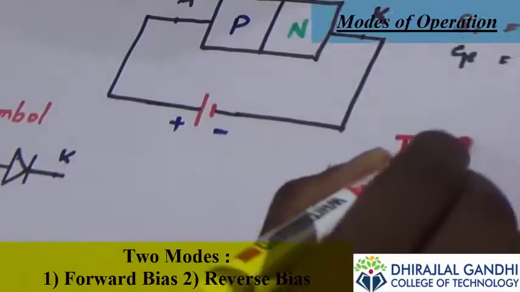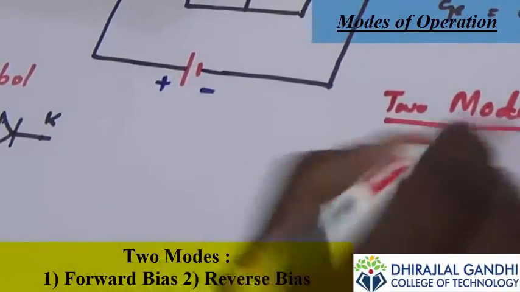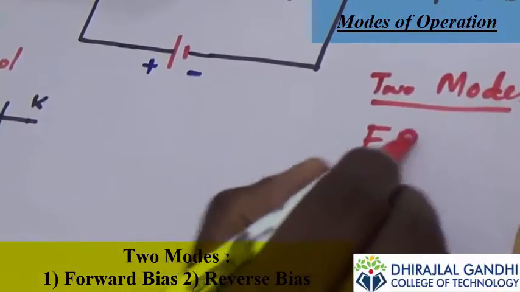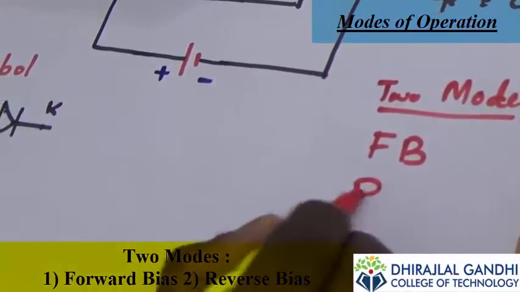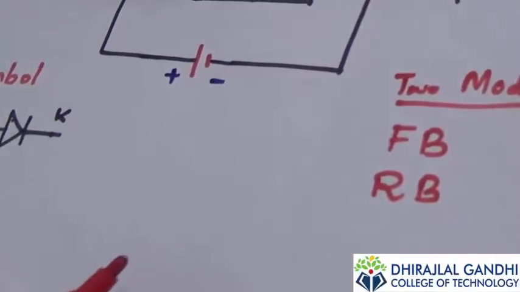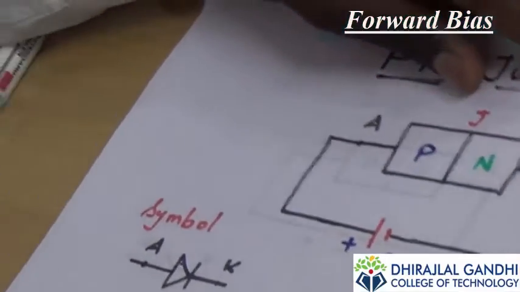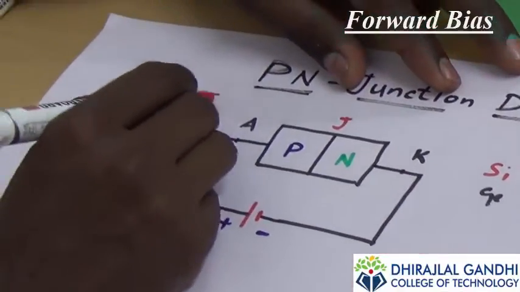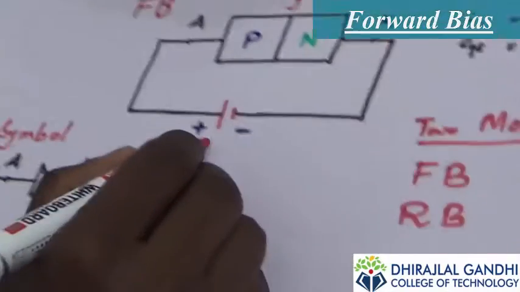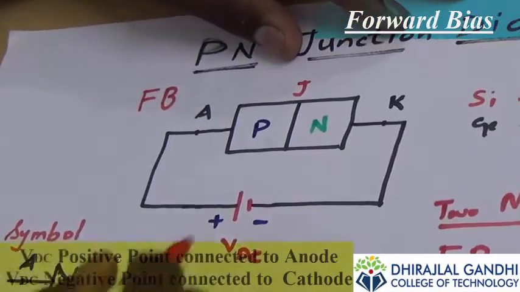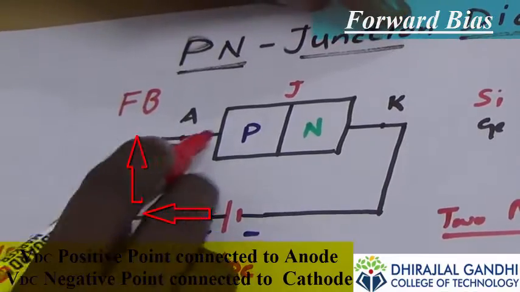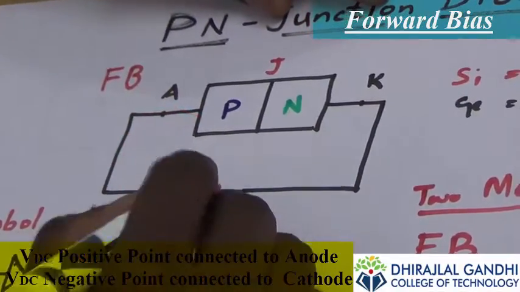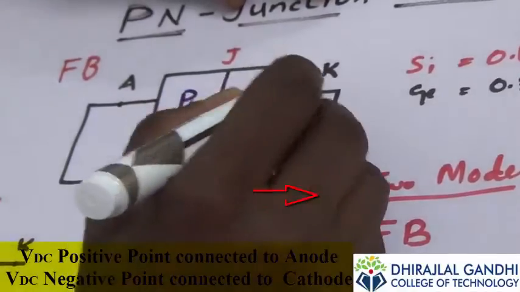It works based on two modes. One is forward bias, another one is reverse bias. Now we will discuss the forward bias. So this is the forward bias structure. This is a DC voltage source. The positive terminal is connected with the anode of the diode and the negative terminal is connected with the cathode of the